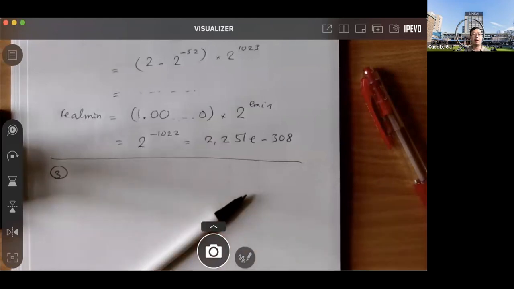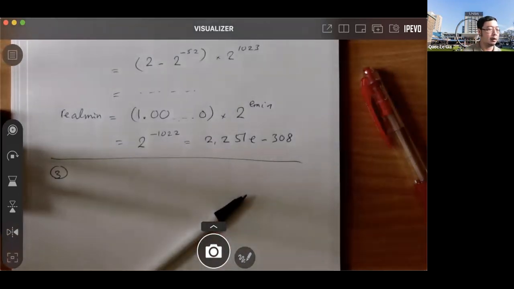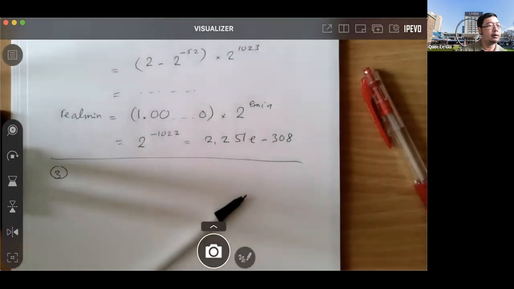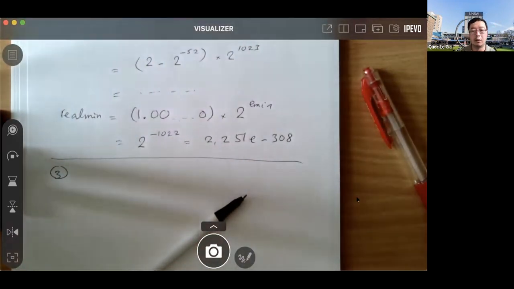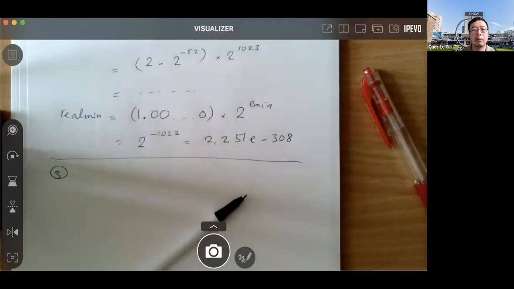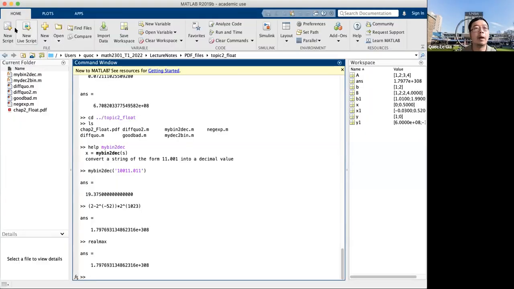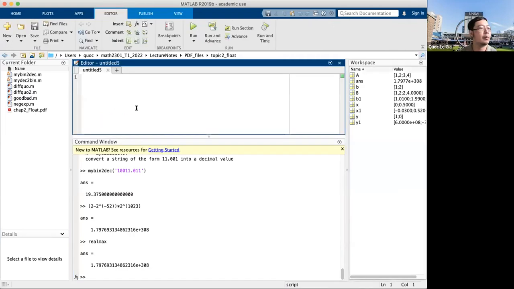Maybe let me type in MATLAB. Okay, so we make a new script and we say that n equals 6, m equals 2,